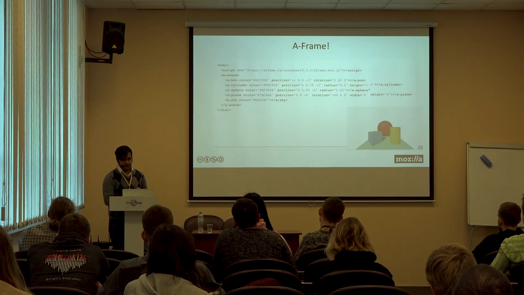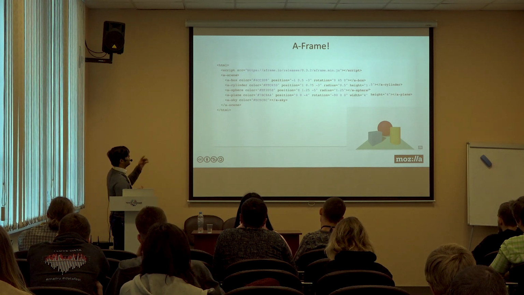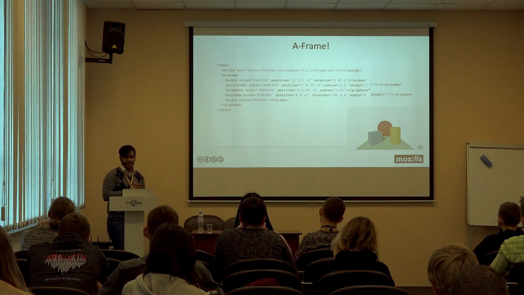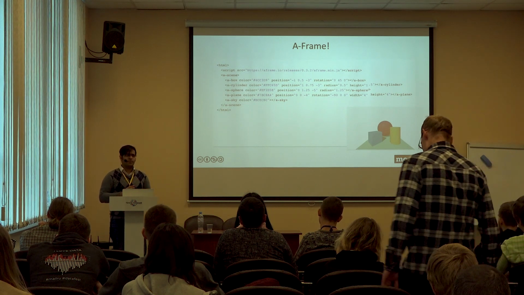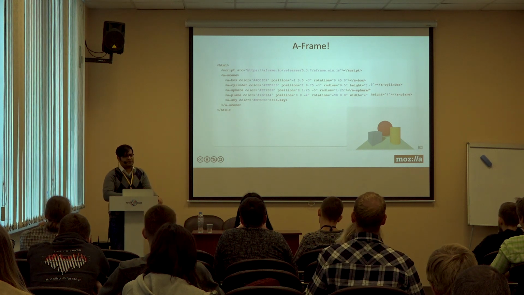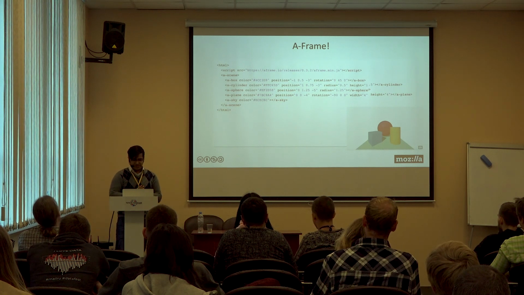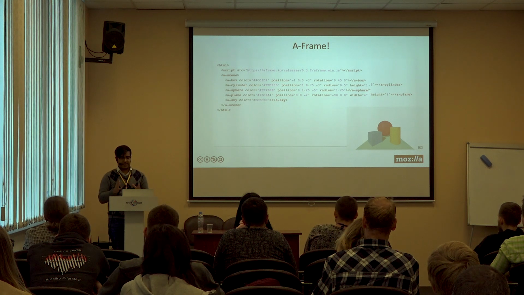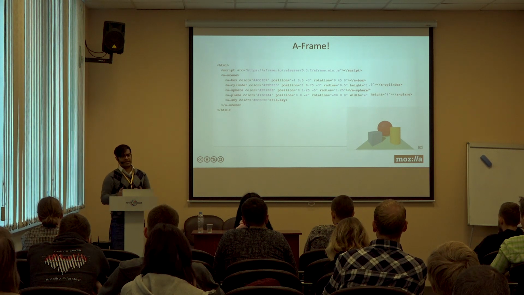So let's take a quick look at what we have here. We have different primitive geometries like box, cylinder, sphere, plane, and each has its own attributes for position and rotation in the form of X, Y, and Z axes. Now, A-Frame is an entity component framework. Have any of you used Unity 3D before? Three people. Unity is a gaming engine, and the entity component system is quite popular in game development and is used by software like Unity.